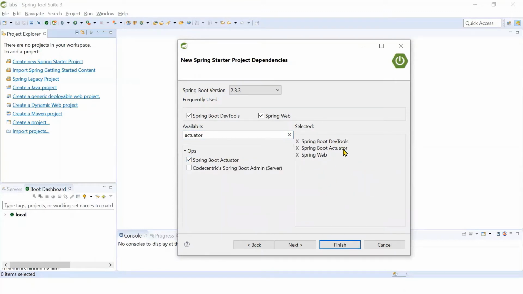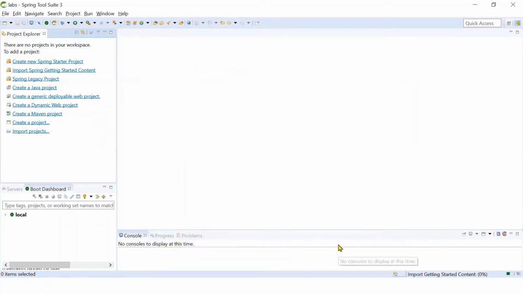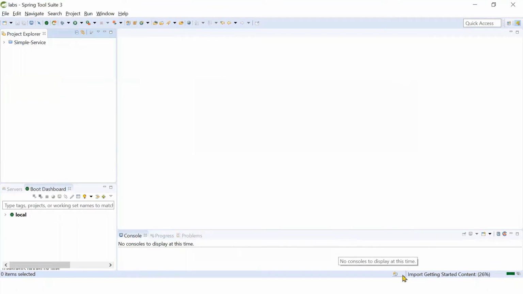And if you observe, the version of Spring Boot is 2.3.3. That is the latest version here. If you see the drop down, you can see different versions. Out of this, 2.3.3 is the stable version. So whenever Spring changes the version, Spring Boot comes with a new version, because Spring Boot internally uses Spring Framework, right? Then we can say next. Then finally we say finish. When you say finish, all the Maven dependencies will automatically get downloaded, right?